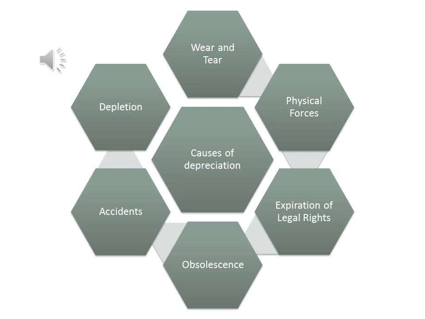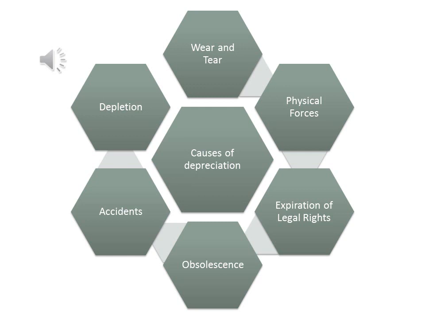The last point we have, because of which the value of an asset decreases, is depletion. Depletion means finishing. Assets which have this wasting character, like mines, quarries, oil wells, get empty after extraction of the raw material. That is what is called depletion. Once those assets are completely utilized, they become empty and are of not much use. So that is how again it is one of the causes of depreciation. So these were the causes of depreciation, students.